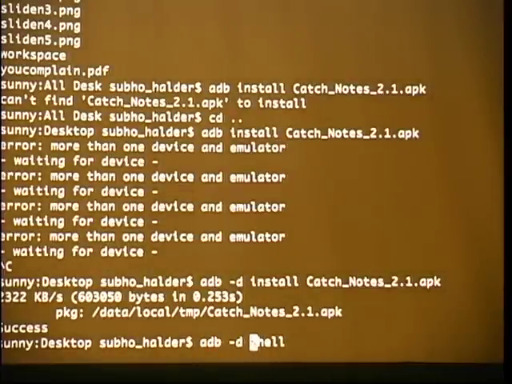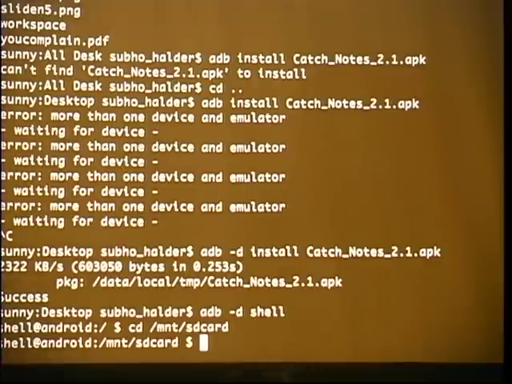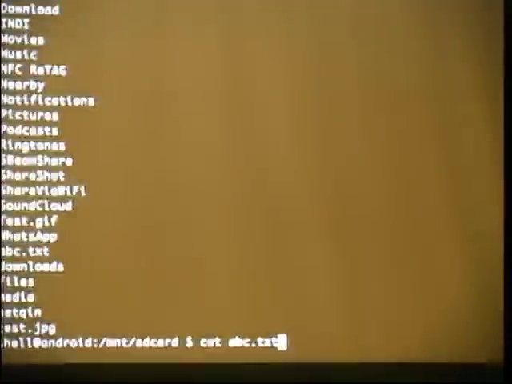You just want to connect to devices. The SD card. All right, so we can just cat abc.txt. It says hello.